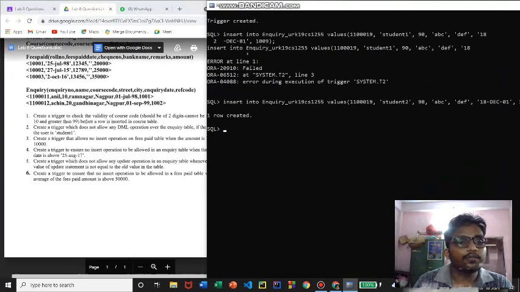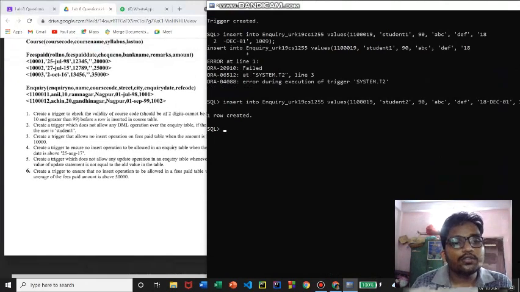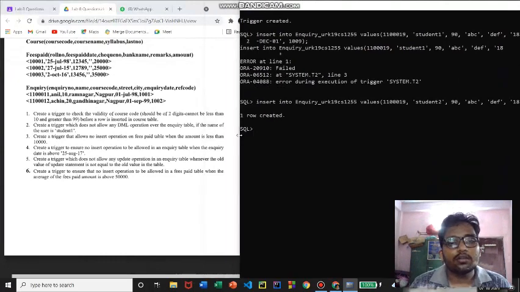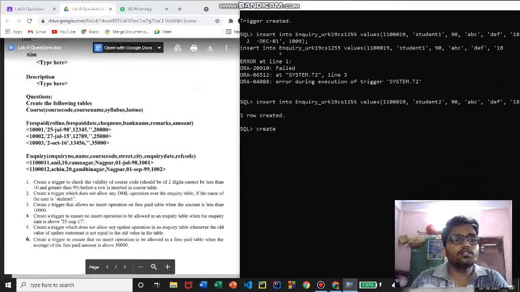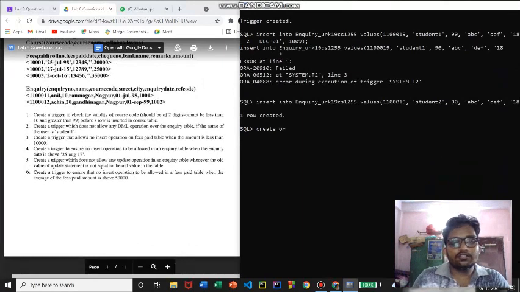And that's all about the second question. Now the third one: create a trigger that allows no insert operation on the fees paid table when the amount is less than 10,000. So we have something called the fees paid table, and here let us create the trigger.